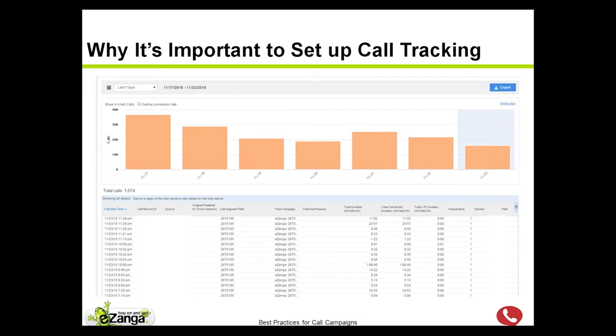There's a few different call tracking platforms out there. I'm sure a lot of people have heard of Invoca or Mongoose, or there's some others. They all have their benefits, and they all at least give you the ability to track. I'm not going to get into the different types, but it's really important to make sure that you get yourself set up and tracking. Because if there's ever an issue, you need to be able to pinpoint what the problem is, take care of it, and move forward as effectively as possible.